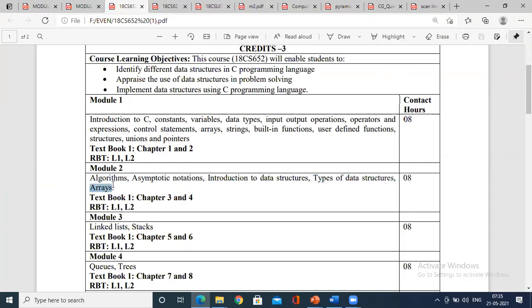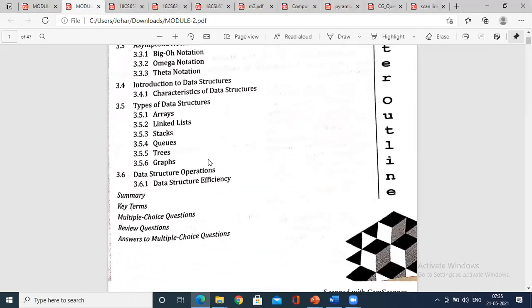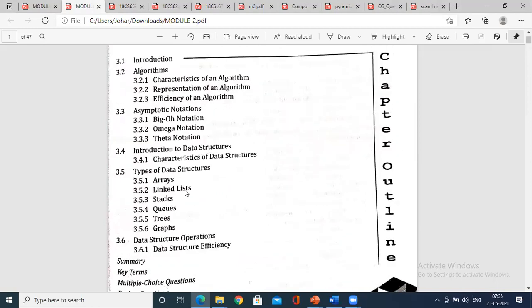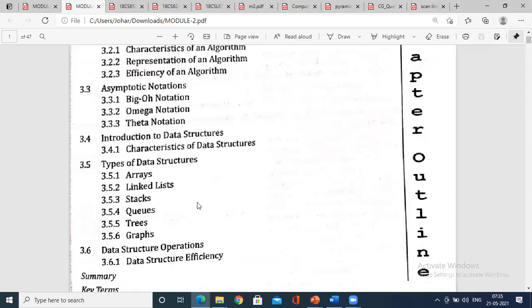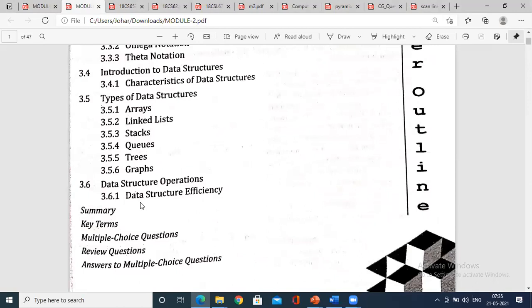Arrays, we just started single dimensional; in that we have seen insertion and deletion. Introduction to data structures and characteristics we have covered. Types of data structures we are going to see today. Asymptotic notations, theta notation is left out. Algorithm characteristics have been covered.